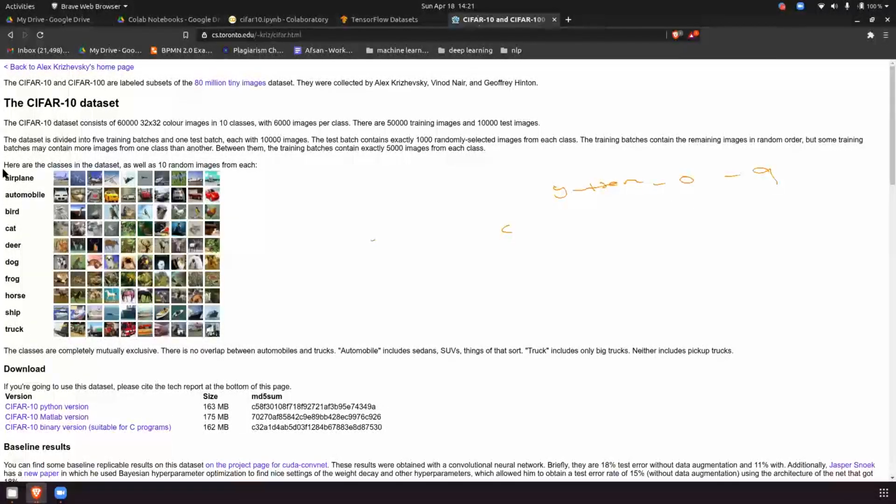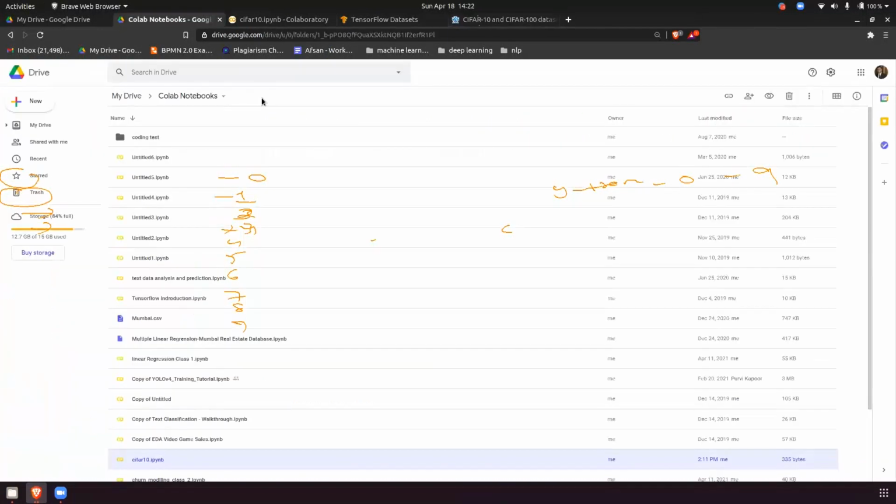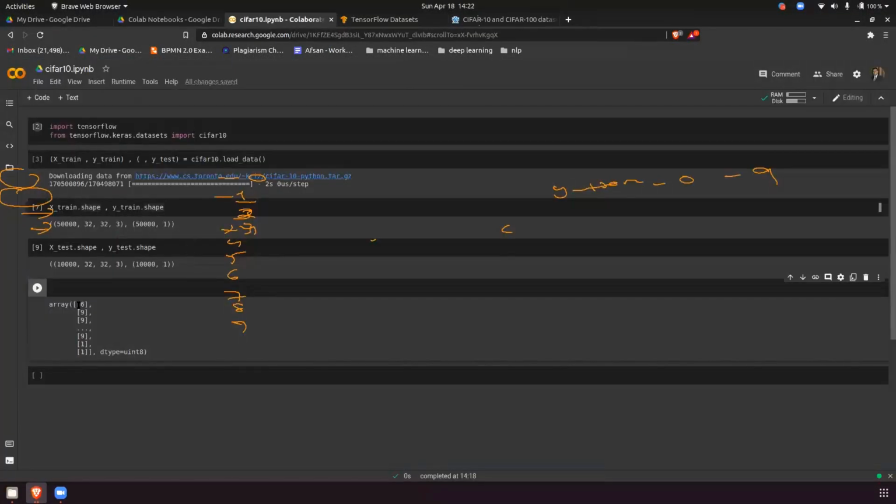The first image is of an aeroplane, so aeroplane is 0. Second is automobile, so automobile they have annotated with 1. Third one is bird. Fourth one is cat. So 0, 1, 2, 3, 4, 5, 6, 7, 8, 9. So in this Google Colab, what does 6 mean now?